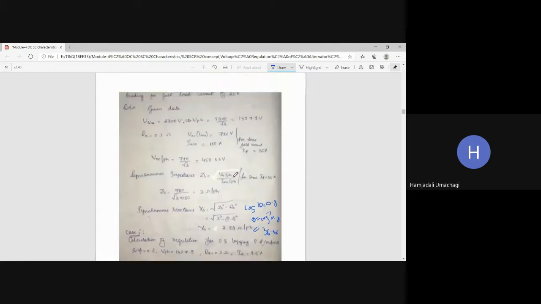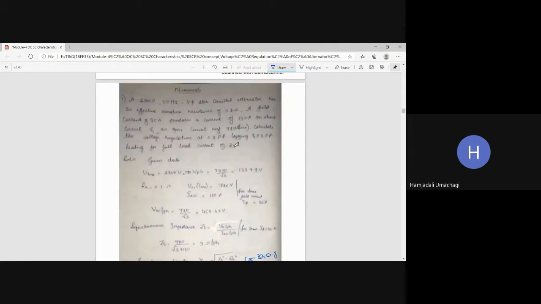Now here, if you check with your previous problem, earlier at the end of the problem statement he had told a full load current of 25 ampere. This is given for you. But there Xs is not given. Now in the second problem, Xs is given, but full load current is not given. IA value is not given. Are you getting my point? So to calculate that full load current, we should take the help of the kVA rating of the alternator and the output of the connected load, that is P out.